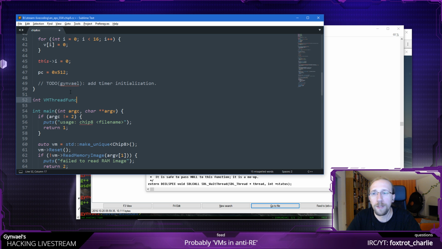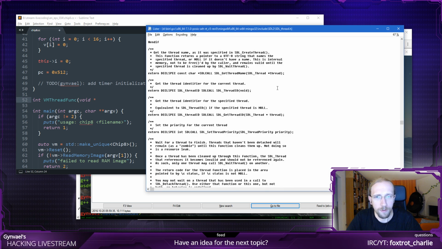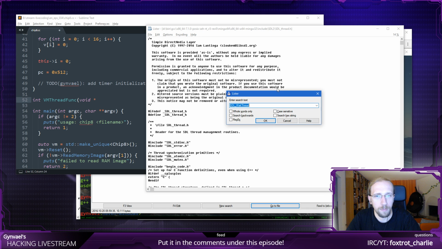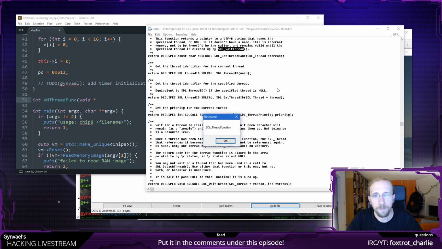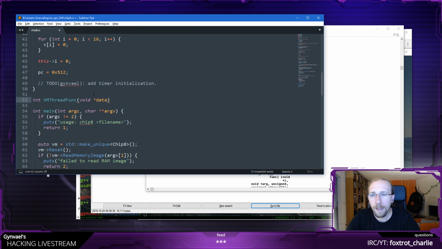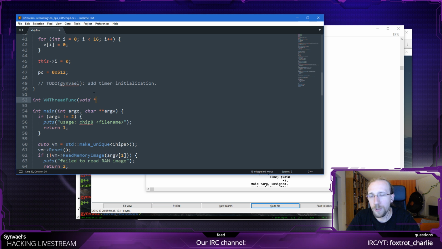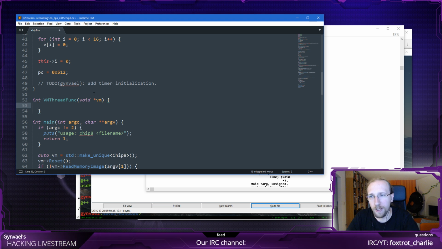What does this function take, by the way? Thread function. Here we go, it takes void pointer data, okay. The data is actually an object. We know that it's an object, but we still have to do this.